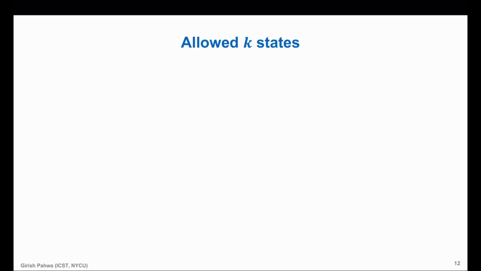Actually, we get a k first and then we put that in the energy, so you get the energy values. So by application of these boundary conditions, we will be able to calculate the k states which are allowed. It's not that every k is allowed, only certain k's are allowed. What are those k's? So for 1D, let's keep our discussion limited to 1D and then I will generalize it